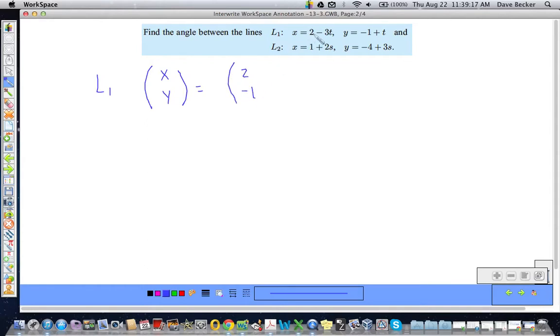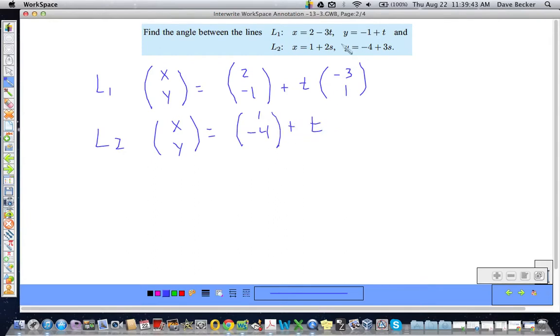I got the 2 from here and the -1 from here, plus t times -3, 1. Okay, and then L2, same thing, x, y would be equal to 1, -4, our known point, plus